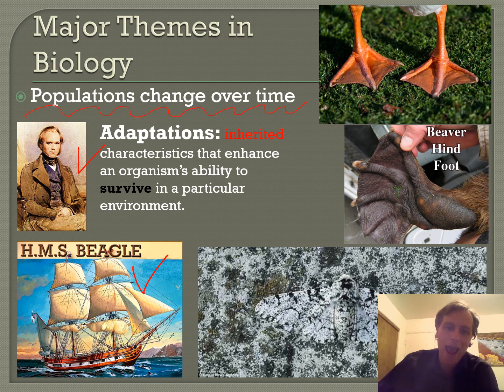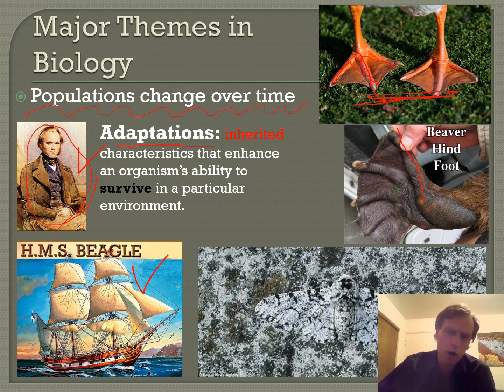Your book mentions adaptation specifically. An adaptation is inherited characteristics that enhance an organism's ability to survive in a particular environment. And that is essentially what Darwin observed going around the world. He just kind of noticed that, wherever I go, it seems like creatures tend to be adapted to where they live. For example, birds are generally flying animals, and then this one flies too, but it has webbed feet, and what do you know? This bird swims around in the water a lot, so it's adapted to swimming in the water.